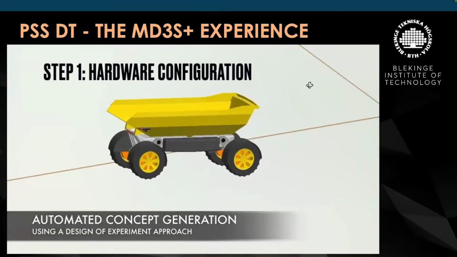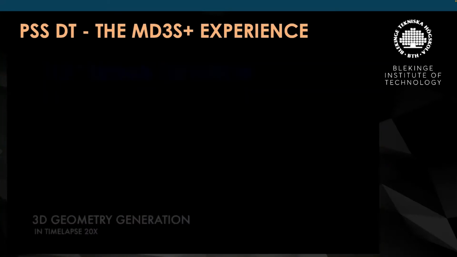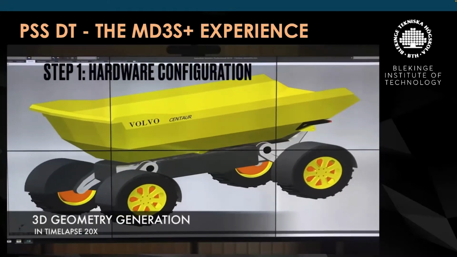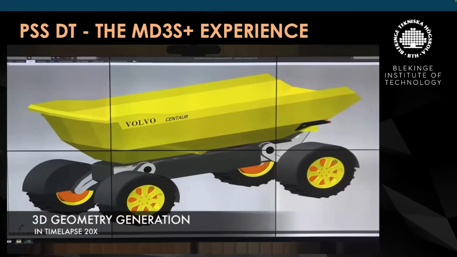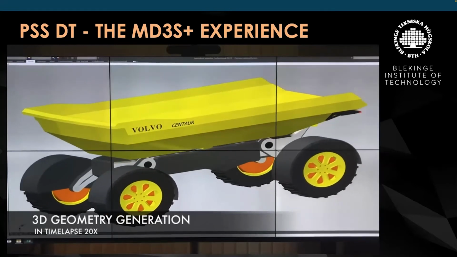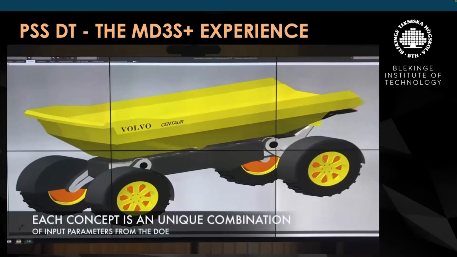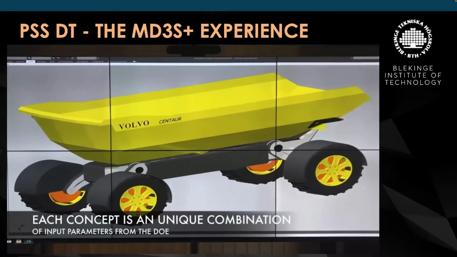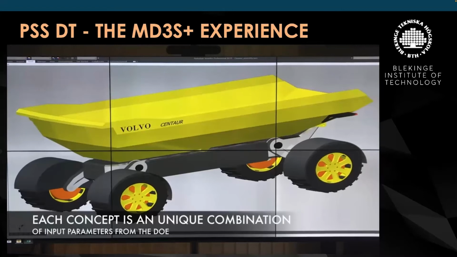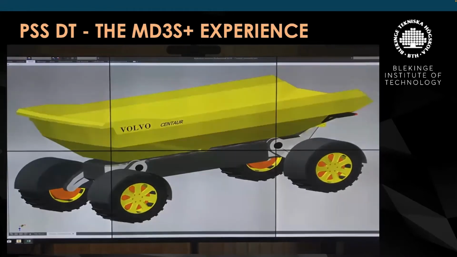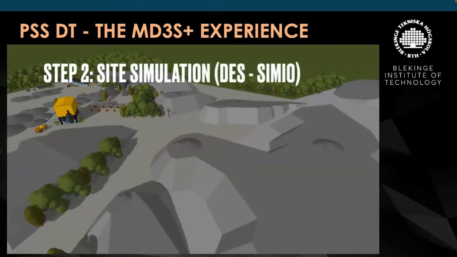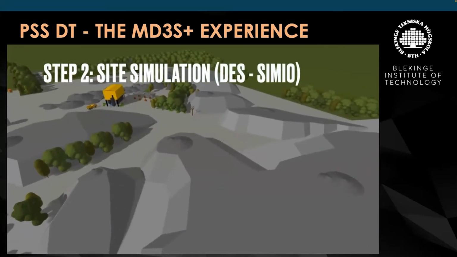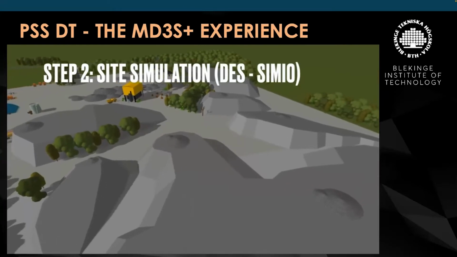So we started to work with digital twins, thinking about what we want to throw at the digital twin. We want to throw different configurations of these machines: more battery, less battery, larger, bigger, faster or slower. We started to create different types of configurations, unique combinations of designs through design of experiments, for instance. And when we threw these different machines inside an environment, this is a simulation environment, which is still low level